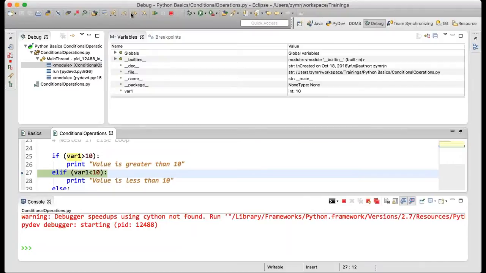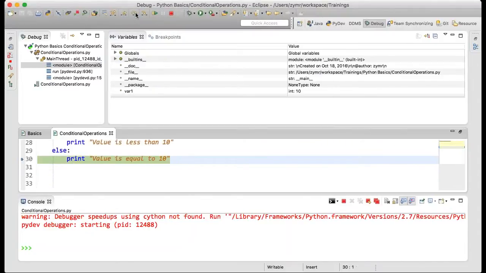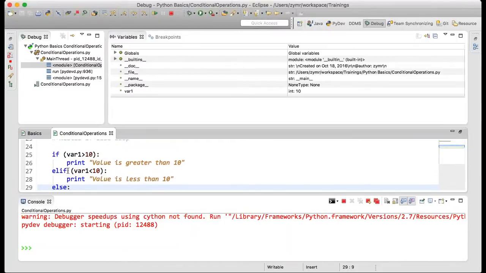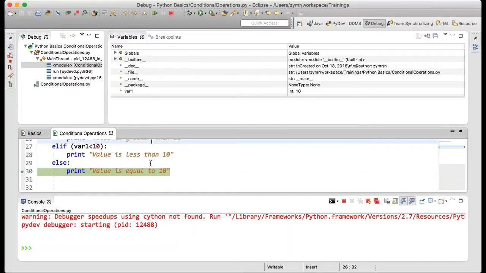Now again I will move, let's see what it does. It saw that even this statement didn't work, because we have var1 that is having 10 as the value. So at the end we have not put any condition, because for any number either it can be greater than a particular value, or it can be less than a particular value, or at the end the only option is it might be equal to that value, right?